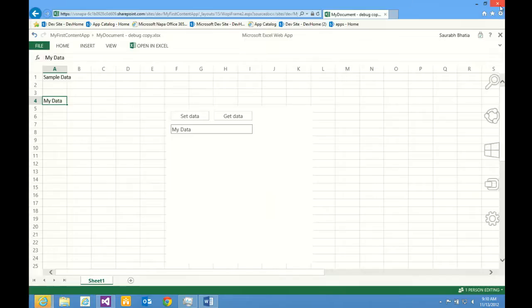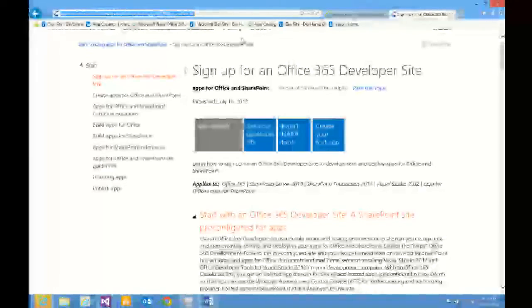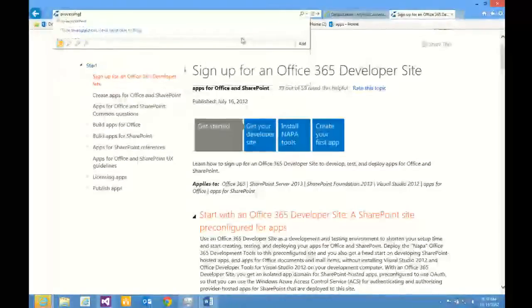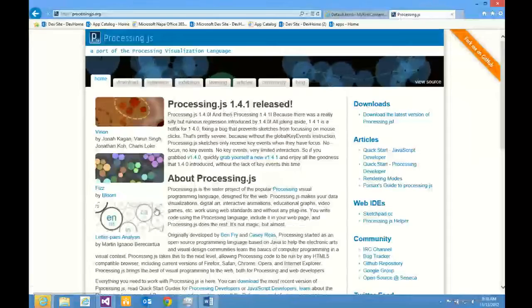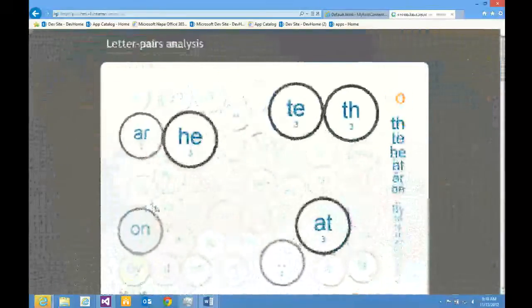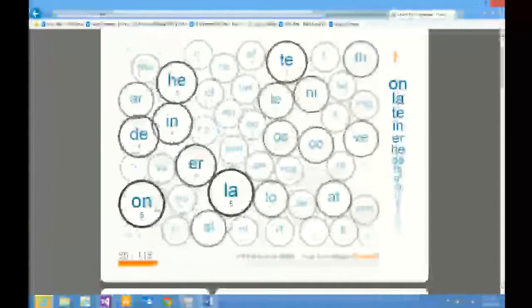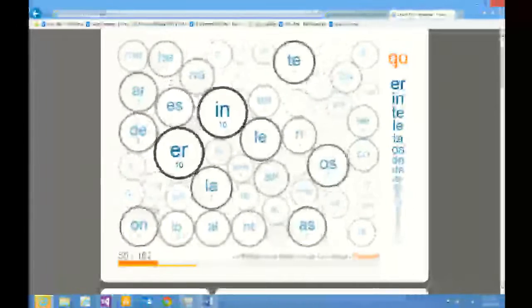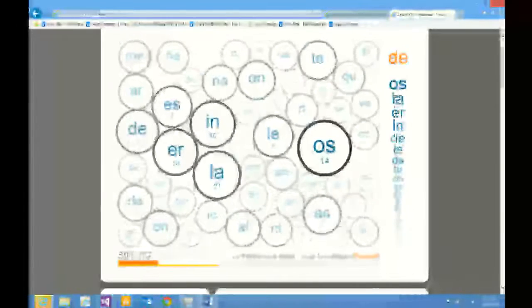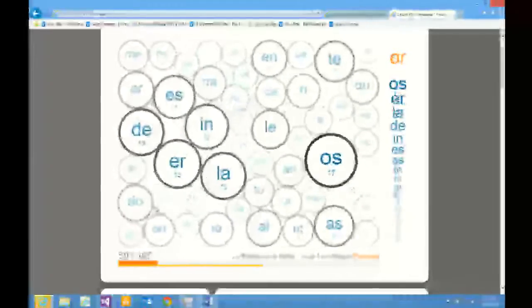Now, to build the bubbles visualization, I'm going to use an existing JavaScript library called processing.js. It's got a bunch of visualizations. Here's an example of what we'll be building. This is the bubbles visualization, just a sample out there. It's looking through Spanish text in some book, and it's creating bubbles for letters that occur together. The more occurrences of those letters together, the larger the bubble. So we use the same principle, but with stock prices now, where the larger the stock price,